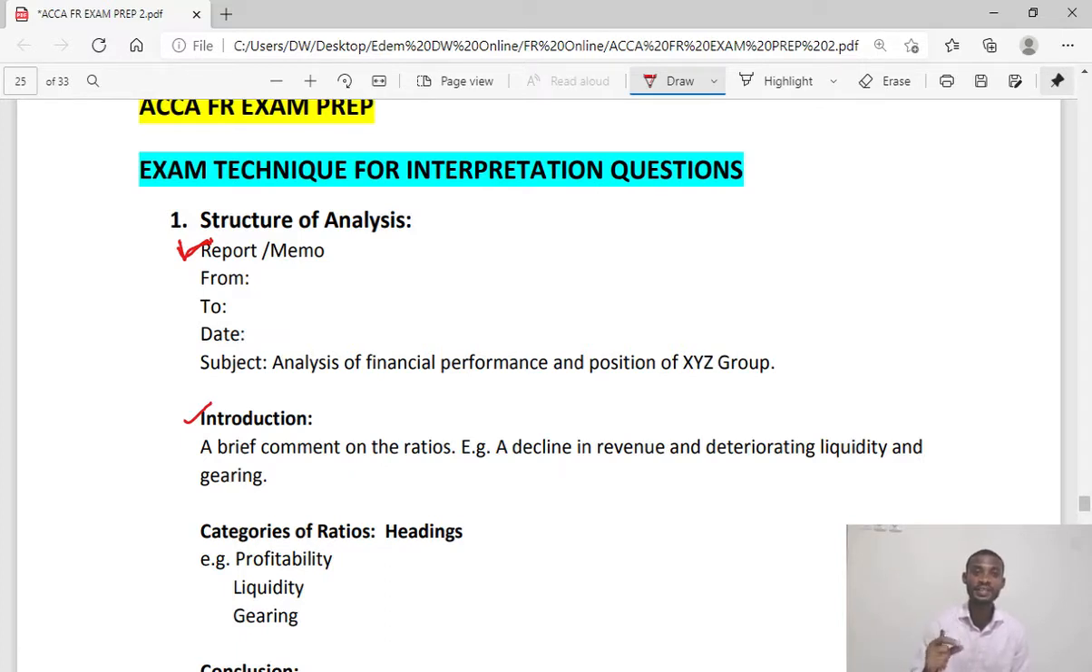So your introduction should be more like one sentence. For instance, XYZ group in the period under consideration experienced a decline in revenue and a deteriorating liquidity position. Full stop. That is enough for an introduction, and that would give you marks. Now, the next structure you need to have is your analysis itself. So the categories of the analysis you would have,